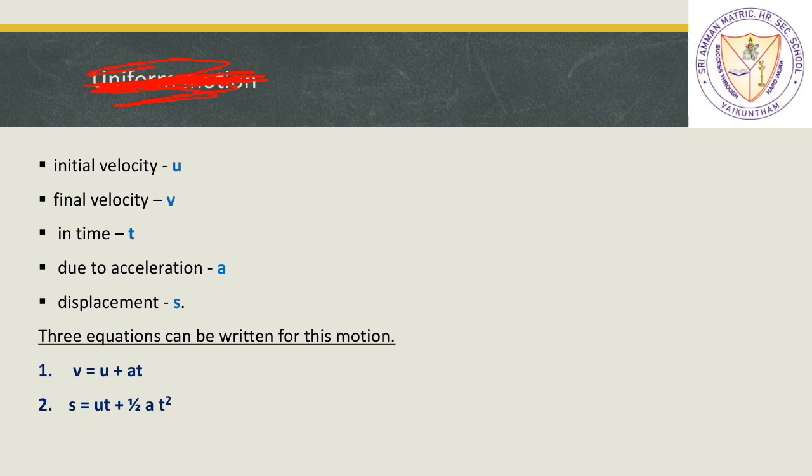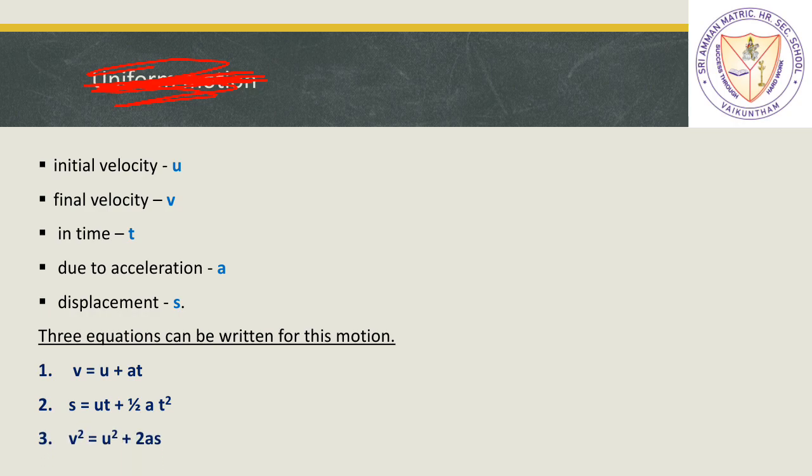Right? So see, instead of telling s is equal to ut plus half at square in a full form, it is very easy to remember: s is equal to ut plus half at square. But if I go on telling displacement is equal to the sum of product of initial velocity and time and half of the product of acceleration and square of the time, it is very difficult to remember or understand. That's why we go for using the formula.